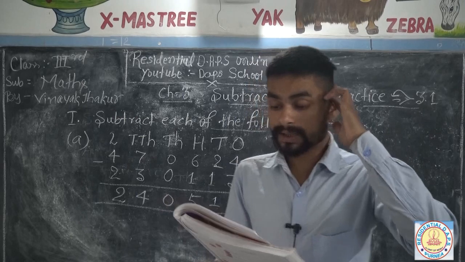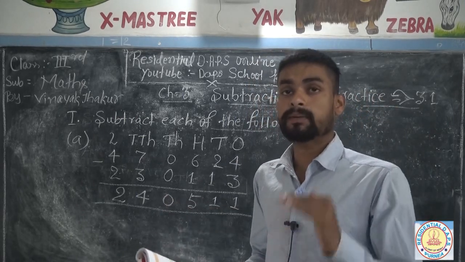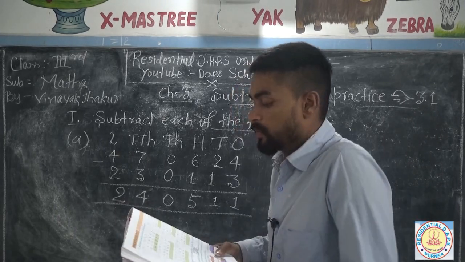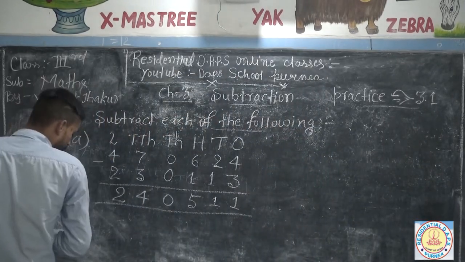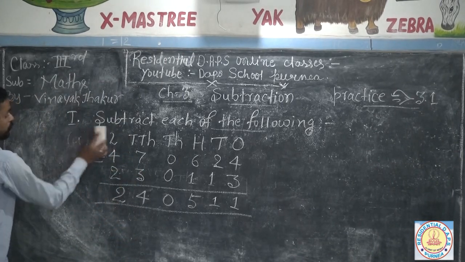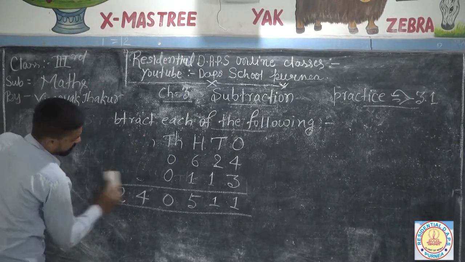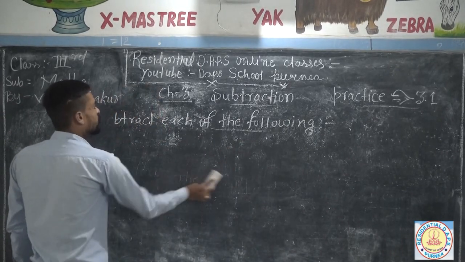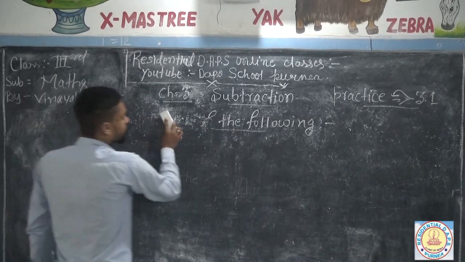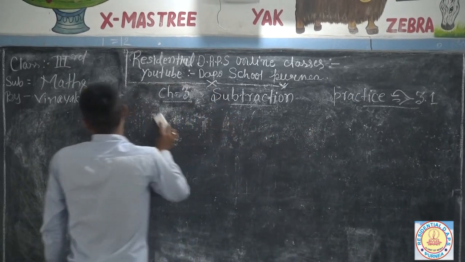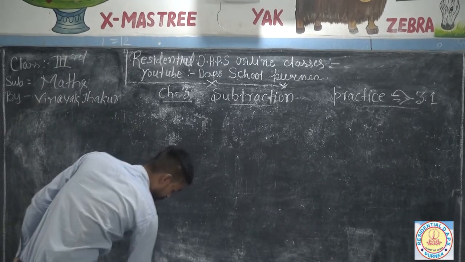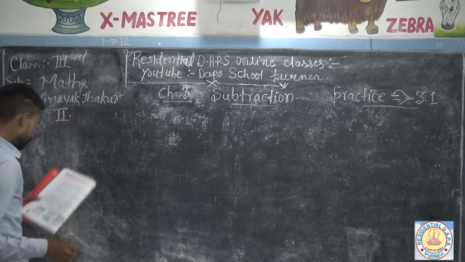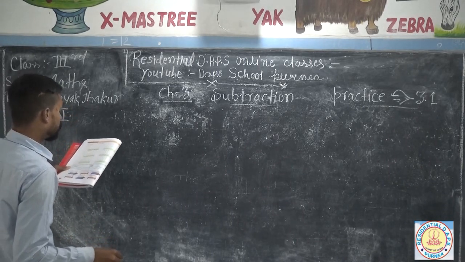Your work is to solve question B to F of your question number first properly. I'm going to solve your next question, question number 2. It is very easy to subtract any number from its minuend. In your second question, it is shown: subtract the largest 4-digit number.